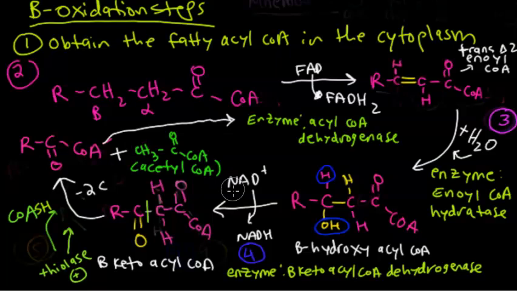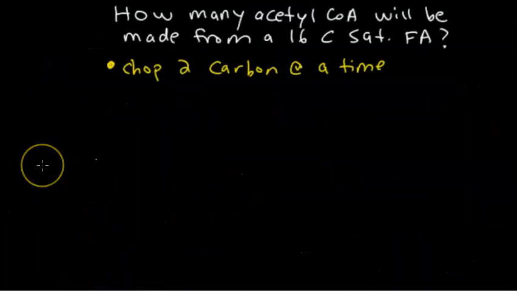Now, coenzyme A was added as we had 2 coenzyme A groups in our product, but only 1 in the reactant, beta keto acyl CoA. So the Thiolase enzyme had to donate another CoASH group. So here's a question: